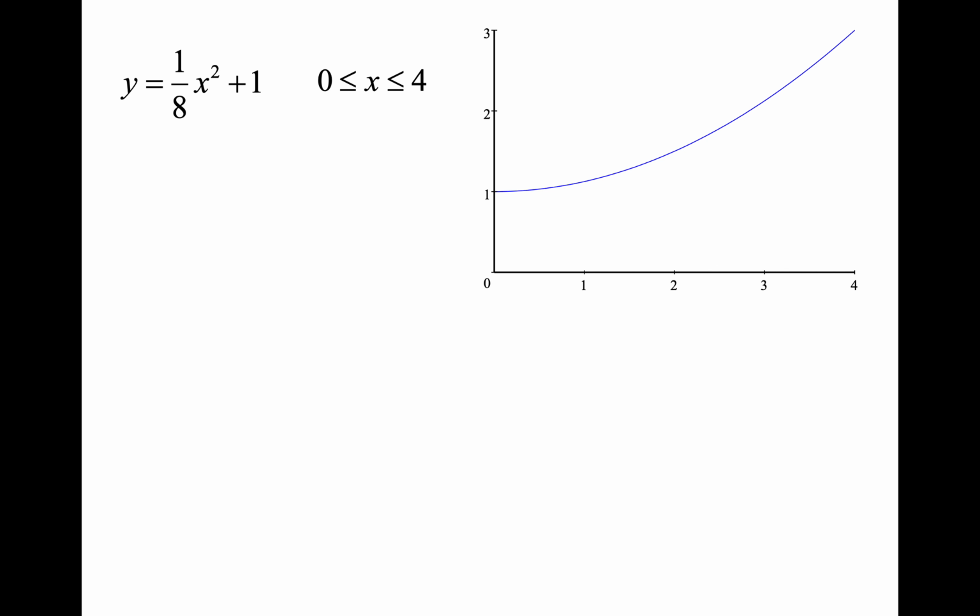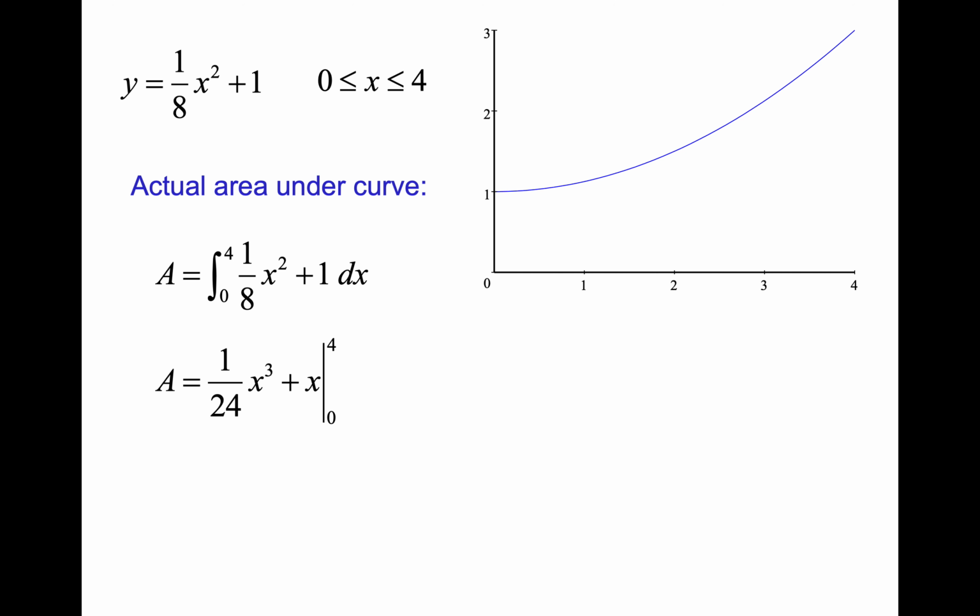So just as an example to show you how it works, now obviously we would just do the antiderivative and use the fundamental theorem of calculus part 2 to find the area under the curve. So if you wanted to actually find that area, you would evaluate this integral. When you do the antiderivative, you substitute the limits in, the 4 and the 0, plug them in and subtract. Remember, that's the fundamental theorem of calculus part 2. So we get 20/3 or 6.6 repeating,